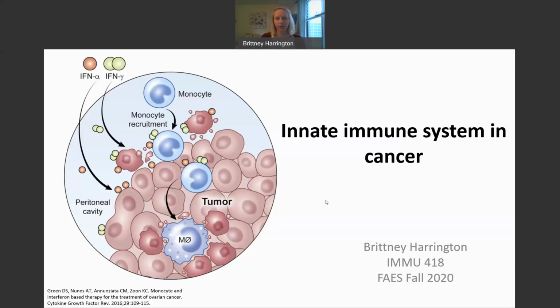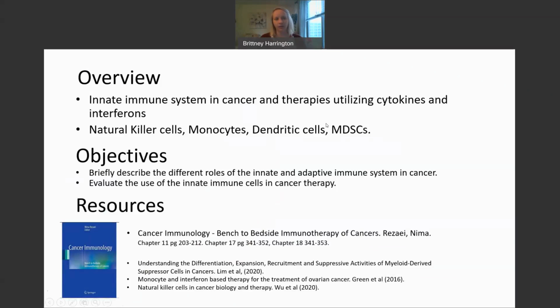So this lecture will be about how the innate immune system is involved in both promoting cancer and can be used therapeutically to fight cancer. As I said, the innate immune system is involved in both promoting cancer and can be targeted therapeutically. I'll be discussing how cytokines and interferons can modulate the innate immune response. And the cell types I will focus on are the natural killer cells, monocytes, dendritic cells, and MDSCs, or myeloid-derived